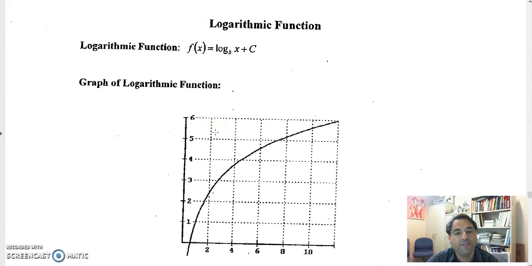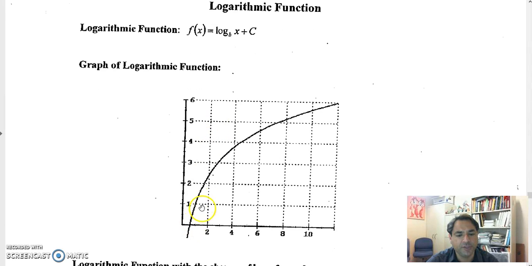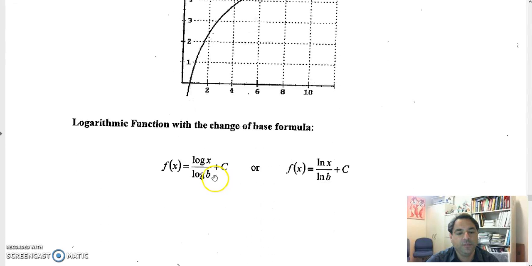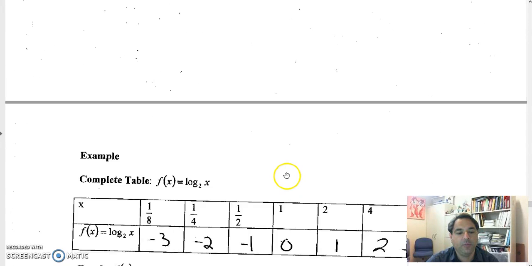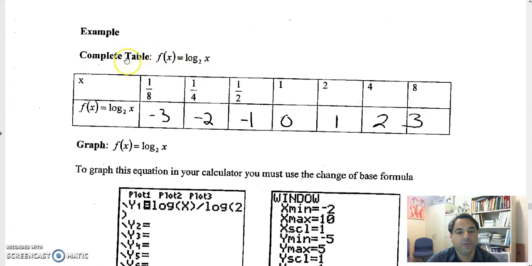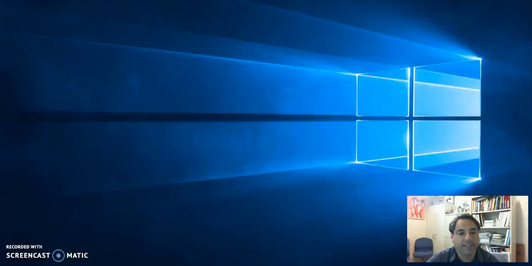So a logarithmic function looks like this. It goes up and kind of flattens out. It's log base b of x plus c. So again, we can use the change of base formula, and what we're going to do is practice. If I had log base 2 of x and I wanted to plug in values, I would rewrite it as log of x divided by log of 2. Then I can plug in those numbers. So if I go to the calculator,